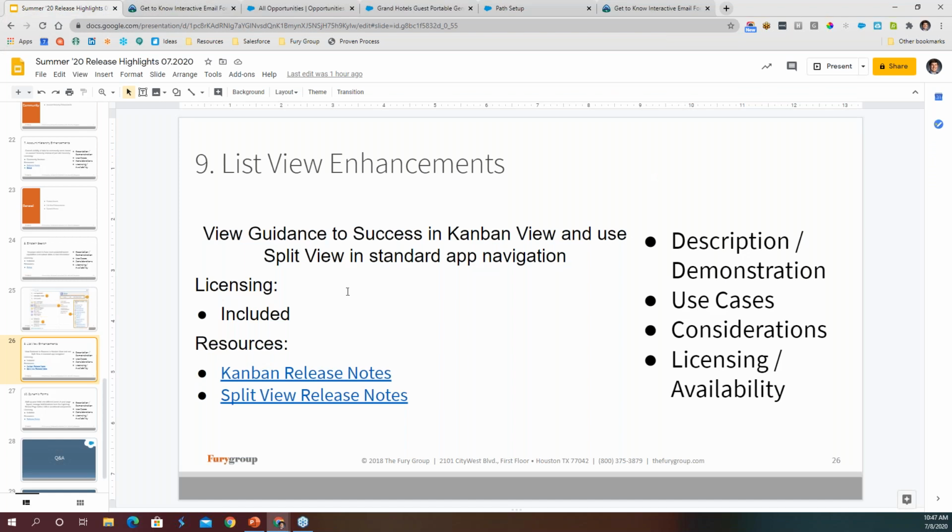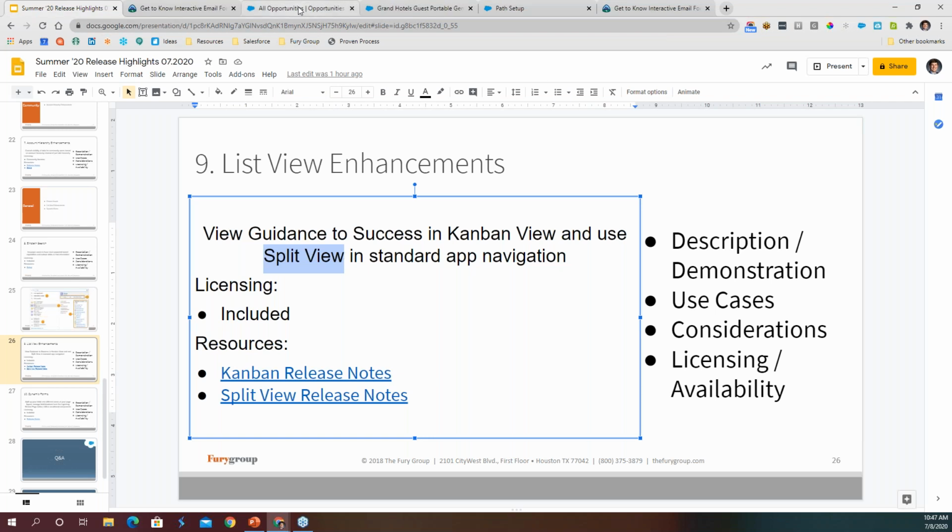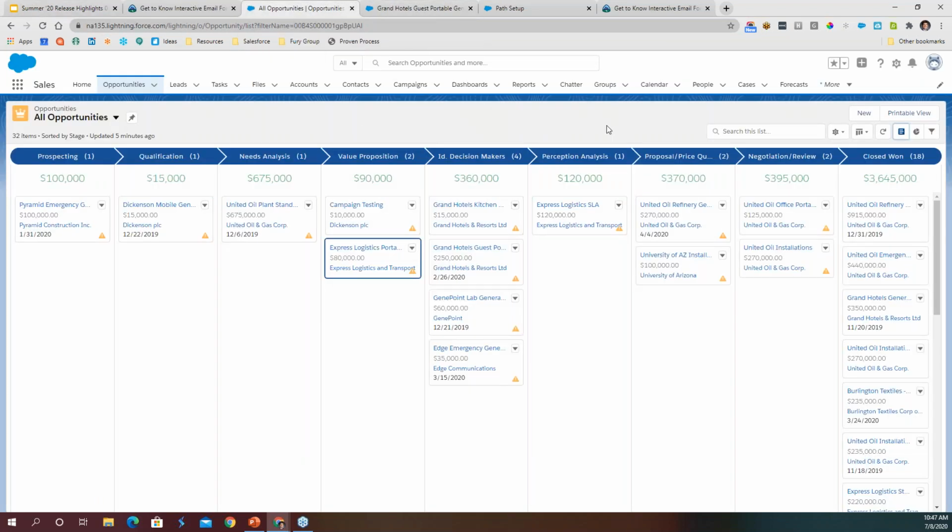Great tool for Kanban view. Kanban itself is great. Having the guidance to success is even better. One other enhancement here is the split view. If you have used the console, like I showed you before, you'll be familiar with this, but another view here,